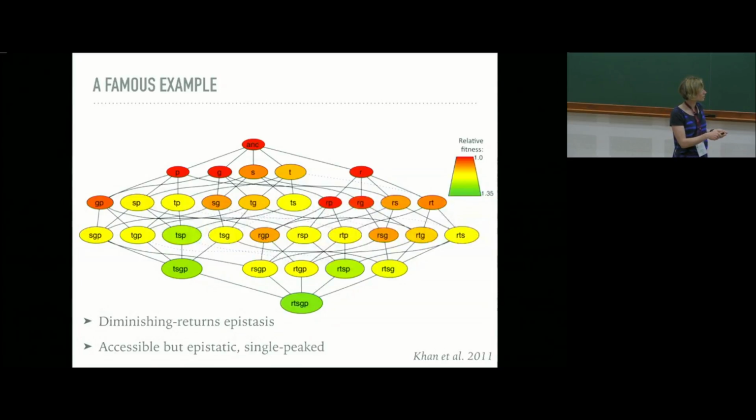And so as you can see, in this fitness landscape here, it actually looks quite smooth. So there's a lot of solid lines, meaning that many of the paths in this fitness landscape were accessible. And there's in fact only a single fitness optimum, which is actually the one that was reached in